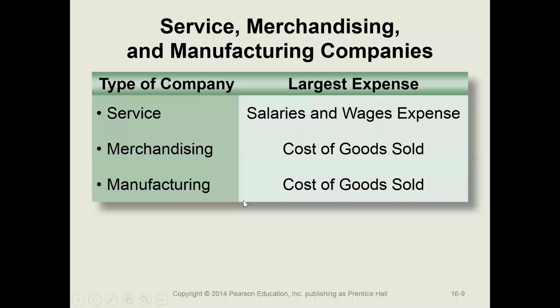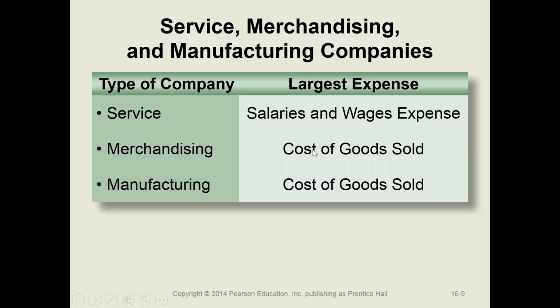As you can see, the largest expense for a service company, because they're selling services, is salaries and wages. Okay, they're selling people's knowledge, employees' knowledge, experience, skills. Merchandising companies, their largest expense is cost of goods sold. You can think of cost of goods sold as the cost of purchasing inventory, stuff they're going to sell, and then turn around and resell it. So the cost of buying the material or the goods that they're going to sell, that's usually the largest expense